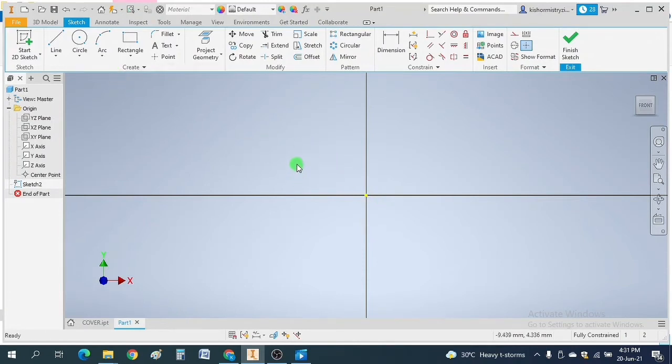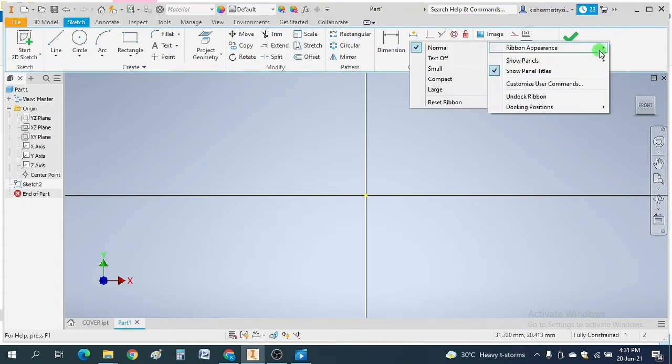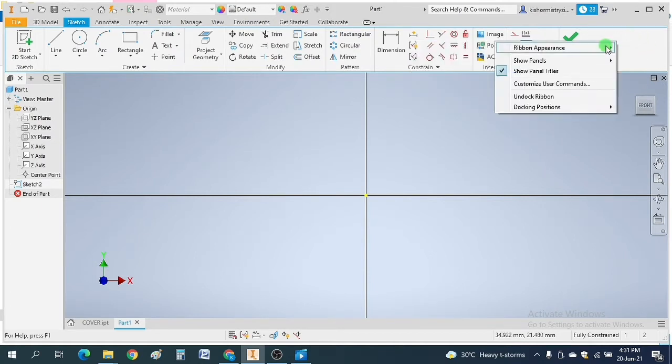So now you can see here create, modify, pattern, constraint, insert, format, all the panels are there. So you can adjust them as per your requirement. If you right click in this space given at the top of your screen, you will see some options. First is ribbon appearance.